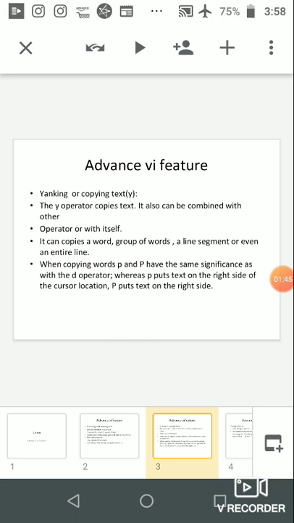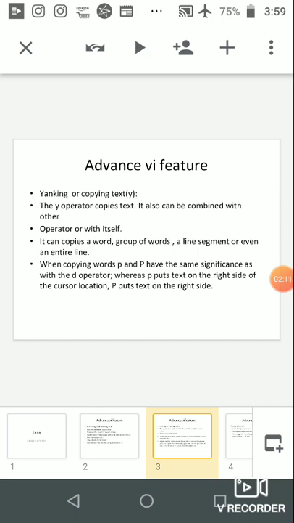Here yanking actually means copying. So it is said here as yanking operator. So that is the small y operator. The small y operator actually yanks or copies text,